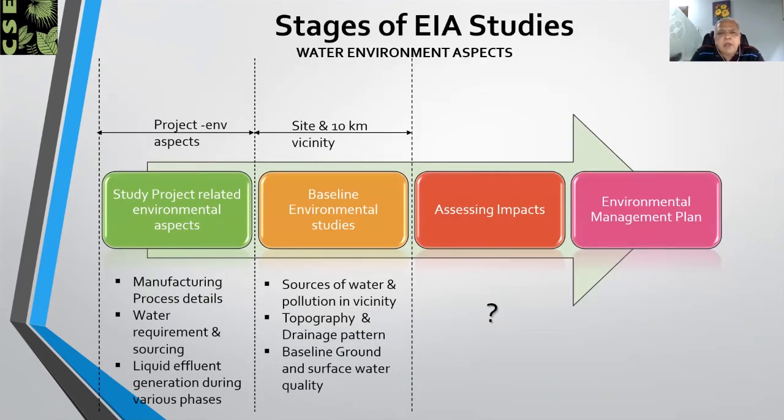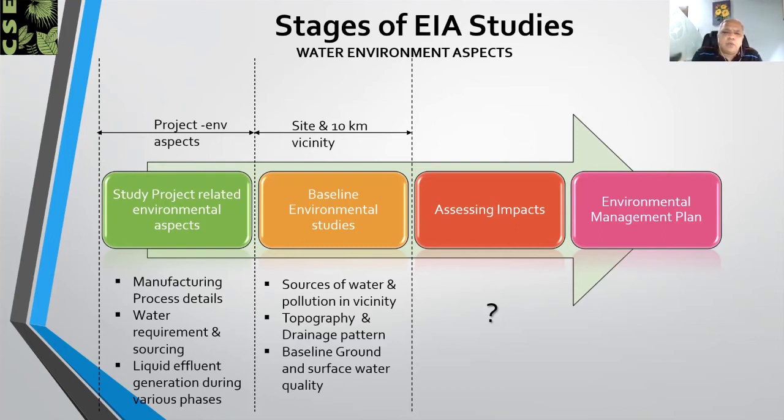Now we go to water pollution, assessing the impacts with respect to the water environment aspects. Here, when we did the project related aspect study, we must have covered the manufacturing process details, the water requirement and sourcing, the liquid effluent generation during various phases. And during the baseline studies, we normally cover the sources of water pollution in the vicinity, then the topography and the drainage pattern, and then we assess what is the baseline ground and surface water quality at the